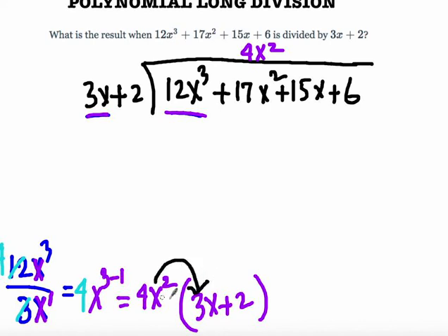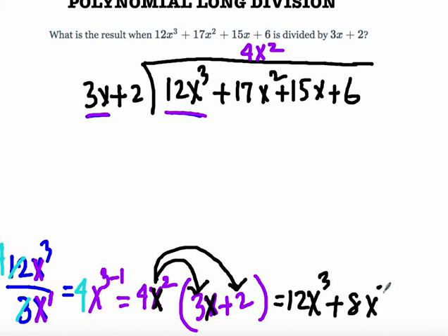So 4 times 3 is 12. x squared times x: again, laws of exponents tell you if we have the same base, here x and x, we multiply, then we add the exponents. So 2 and 1 give us 3. So we get 12x cubed. And then we take this 4x squared multiplied by 2. 4 times 2 is